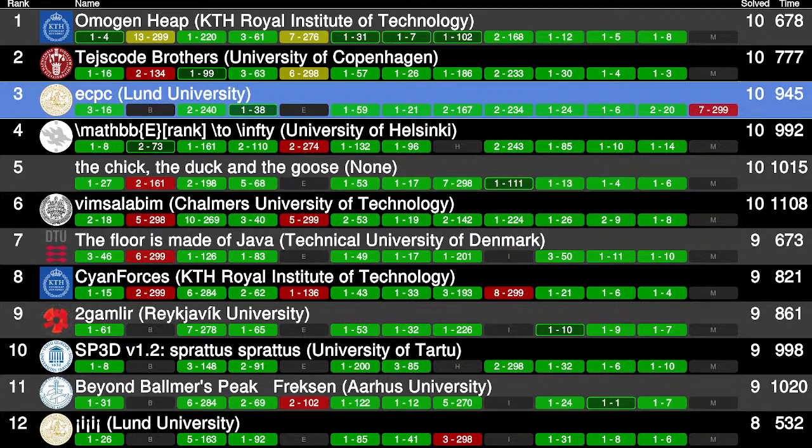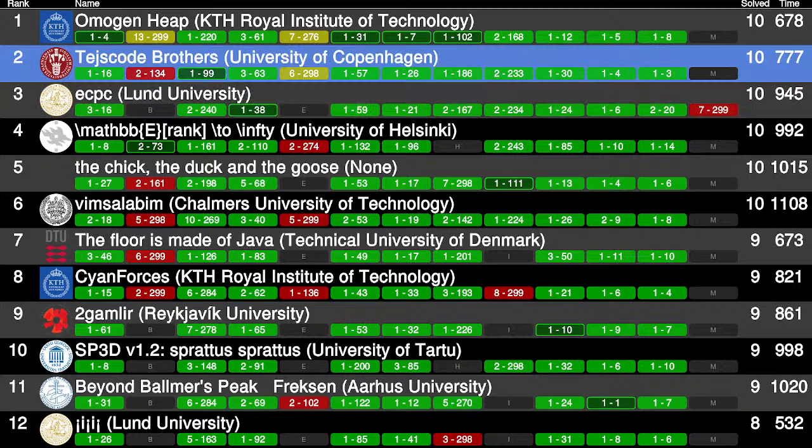Next, we have the fight for 1st place with 2 teams left. It comes down to Umugun Heap versus the Taste Code Brothers, KTH versus Copenhagen. So let's see how the Taste Code Brothers are doing. They have submissions on problem E, so they need to get this in order to pass Umugun Heap. And let's see, they did not get problem E. So that means that they are the 2nd place team, and the winners we know now are going to be Umugun Heap, but let's see what happens with